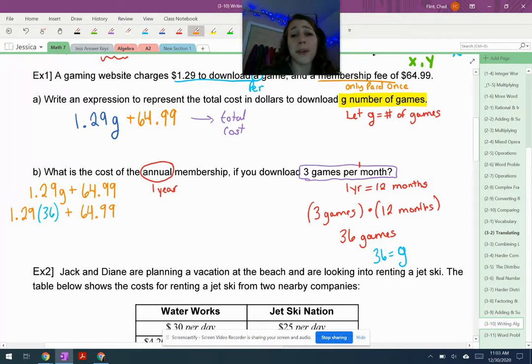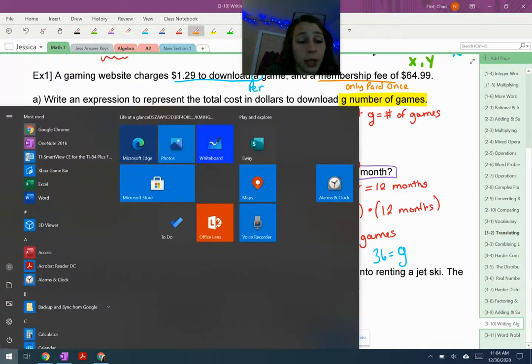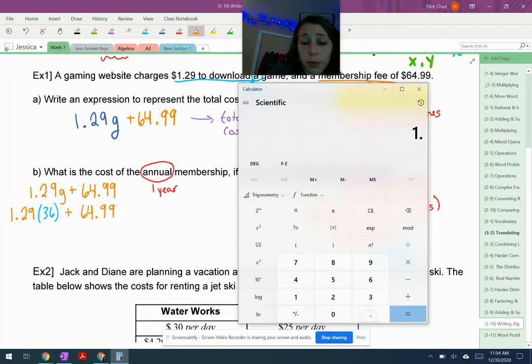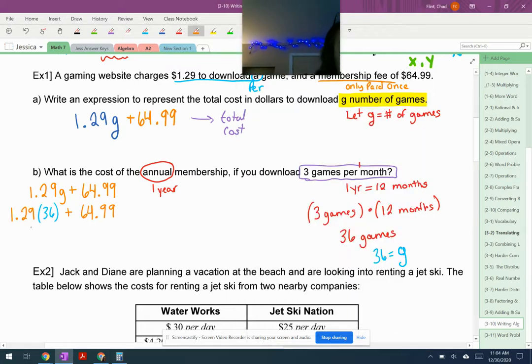Remembering back from one of our review units at the beginning, anytime I'm substituting or evaluating an expression with a variable, I need to replace it with parentheses to keep that multiplication going on between the G and the 1.29. So this is where we need to jump to a calculator, which I do not have. There we go. So 1.29 times 36 gives us 46.44,